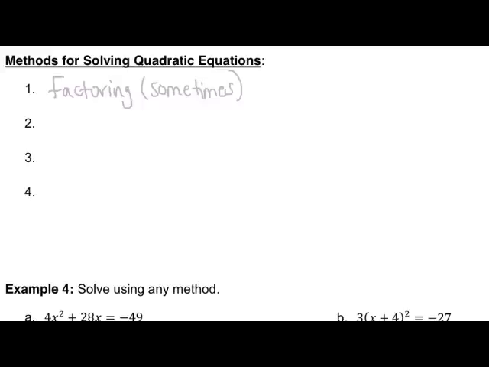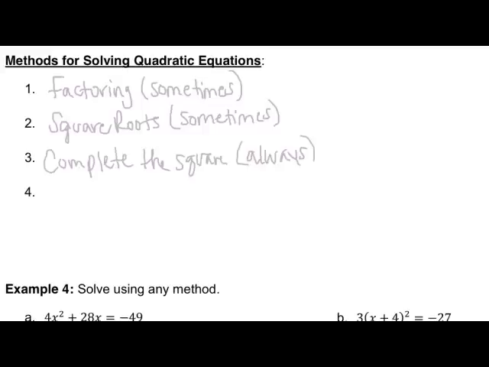The second method is square roots. Again, that only works sometimes. To use square roots to solve, it has to be in the form ax squared equals c. The third method is completing the square, and remember, this works always. So you may not always have pretty numbers or an easy process, but again, completing the square will always work